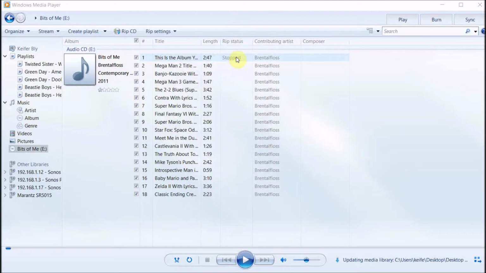Hello world, this is What's Up 290, and in today's video, I'm going to be showing you how to import your audio CDs onto your computer in Windows 10. So yes, Windows 10 does still have the ability to rip audio CDs and copy audio discs